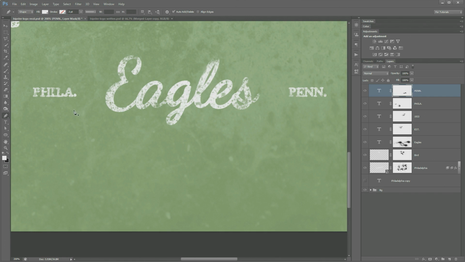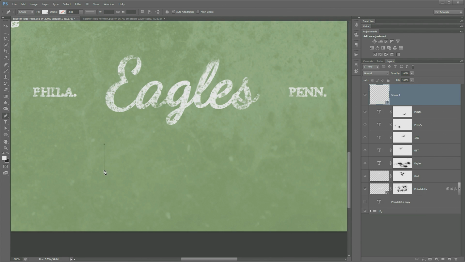Alright, so now that we have the pen tool, we don't need to create a new layer, we're creating a shape layer. So I'm going to click once right out here. I'm going to make the ribbon about as wide as the word eagles. So that's kind of like my little marker, if you will. So I'm going to click once, then I'm going to hold down my shift key, and I'm going to click again. Now I'm going to hold down my alt or option key, and I'm going to select that anchor point that I just placed